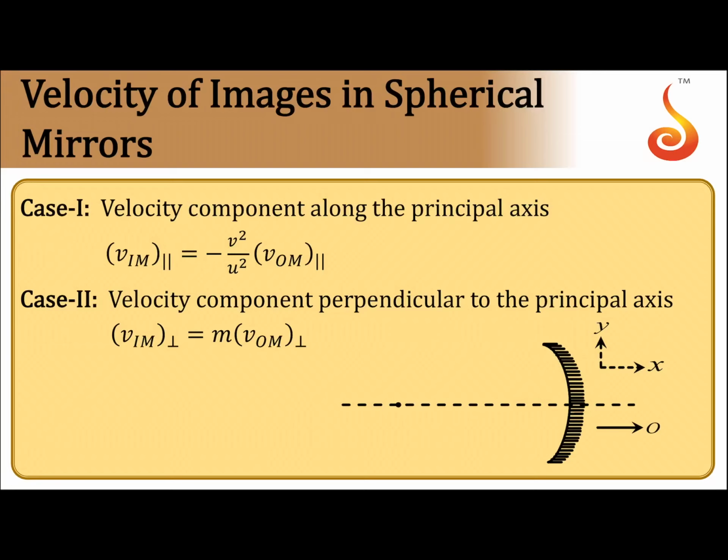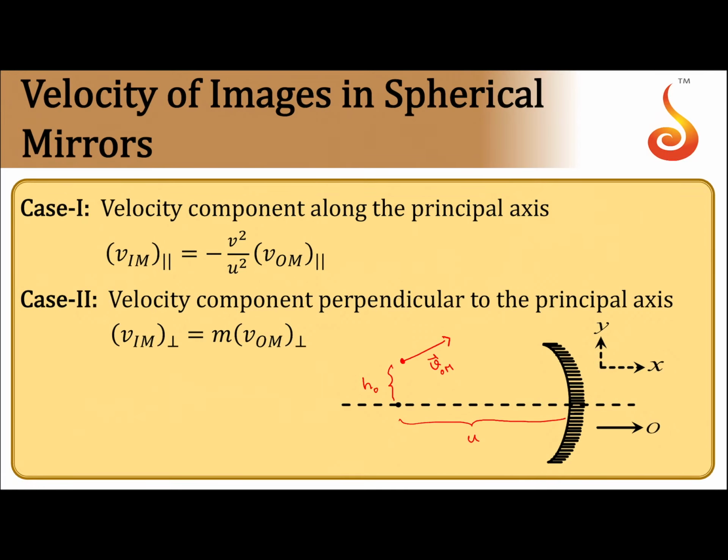In this problem, we have an object that is moving in space with a velocity vector V_OM. Because the object is moving, its horizontal distance as well as its height has to change. So the horizontal distance, which we usually write as u, will change, and also the height of the object.